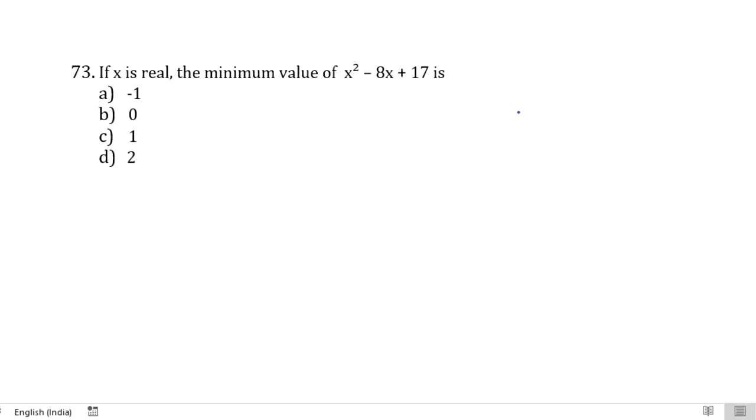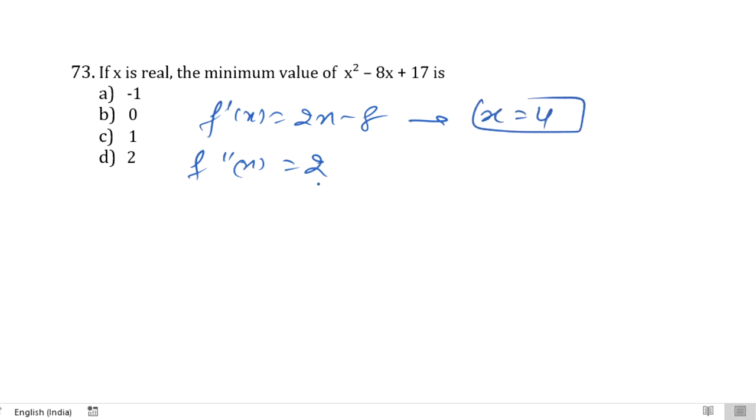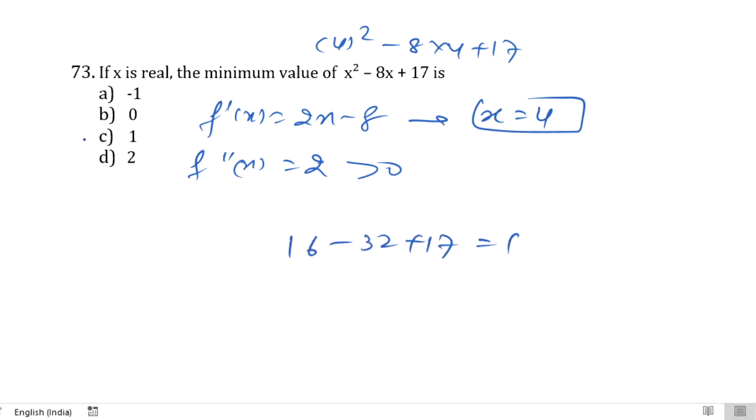I have been asked to find out the minimum and maximum question basically. So first order derivative f dash x is equal to 2x minus 8. f double dash x is equal to 2. F dash x equal to 0 means I'll be getting the value of x is equal to 4. It means the given function has minimum value at x is equal to 4. So substitute the value. So this is 4 square minus 8 into 4 plus 17. 4 square is equal to how much? 16 minus 32 plus 17, which is equal to 1. So answer is C. Okay, 2 more questions to go for.